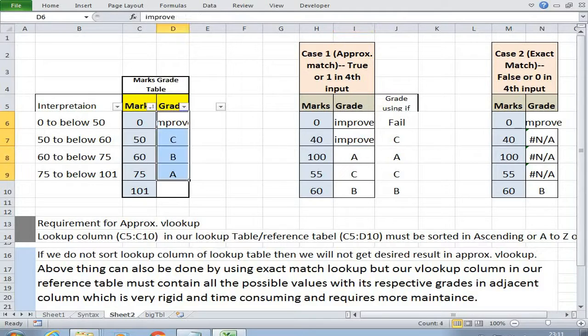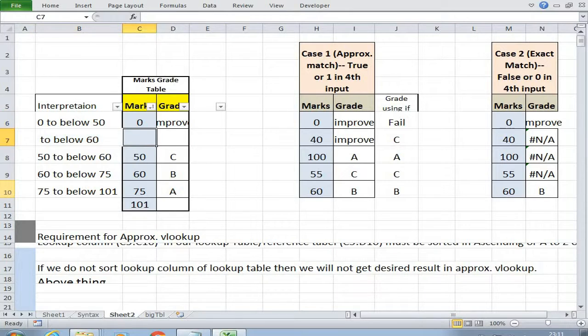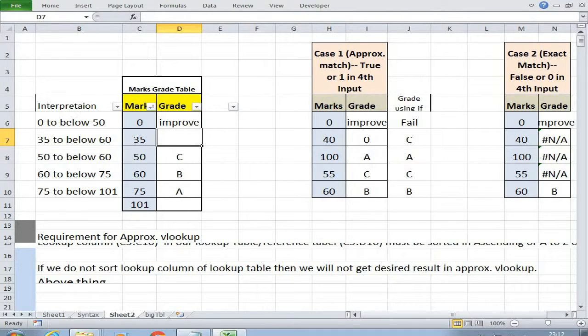And also if we want to introduce a fifth type of grade, that is C minus, then we can do that. Just insert a row here, and 0 to 35 we want improve, and 35 to below 50 we want C minus.